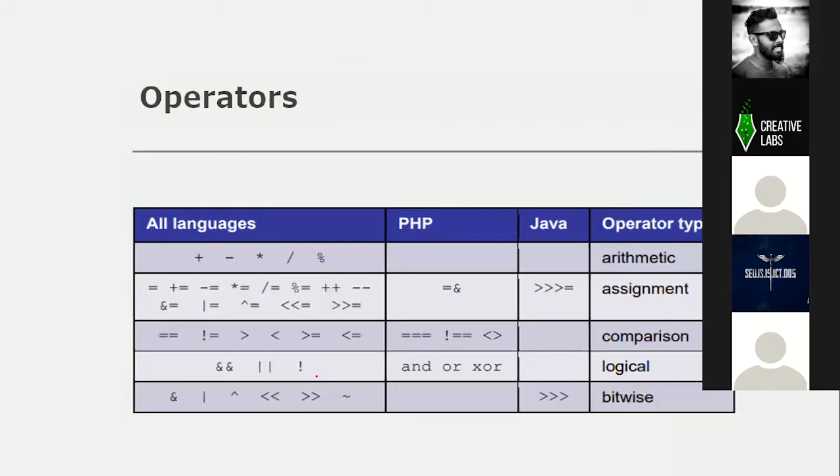And there are operators in all languages, right? Including Java and PHP, everything has these. Plus, minus, multiplication, and division, and this is called the remainder, or modulus. So those are arithmetic operators basically, right? You might have learned these things in your first-year semester while studying C or C++. I hope you are familiar with that, but this will be a touch-up of your previous knowledge.